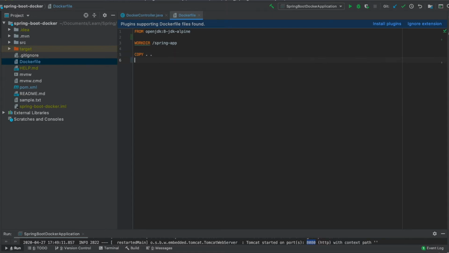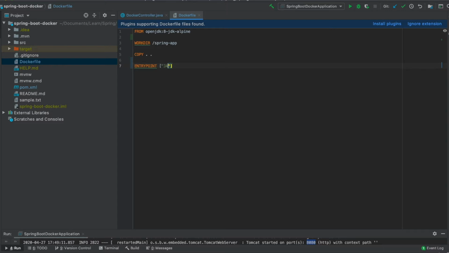Since we'll copy everything into the Docker container, the jar which gets built after running the Maven command will also get copied inside the Docker folder. So we'll add ENTRYPOINT. This entry point command is basically to specify your commands. Whenever we want to run a Java application, how can we run it? We have to have a jar, and then we can run java -jar and the jar name. The same way we are going to do it.